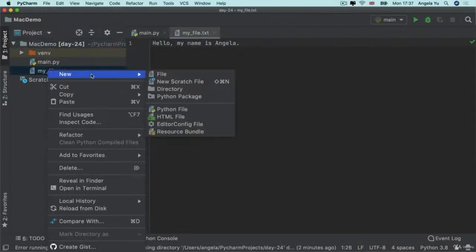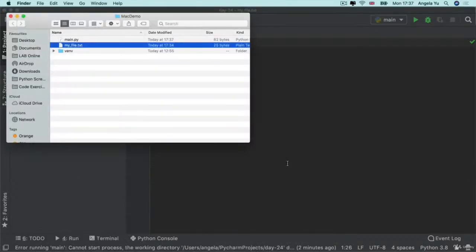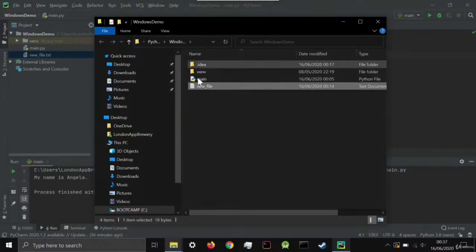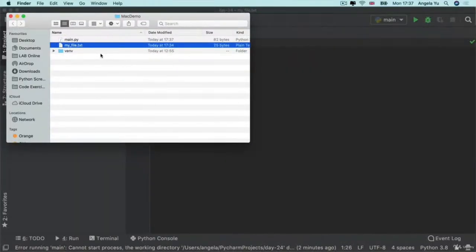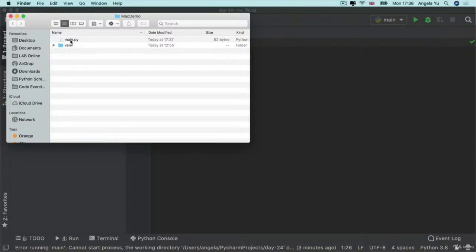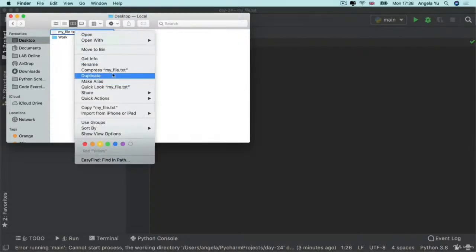And I'm going to locate this file by using Reveal in Finder. And on Windows, that would be right-click and Show in Explorer. And it would show you the location of that file in your computer system. Now, what we're going to do is we're going to move this file to the desktop. And what I want you to do is I want you to go to the desktop, right-click on that file,